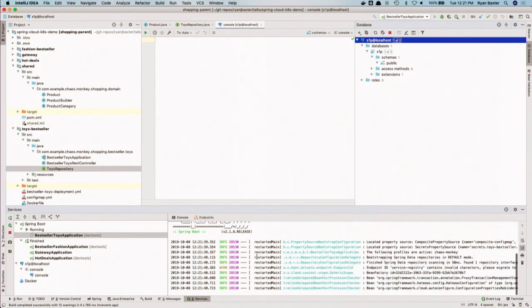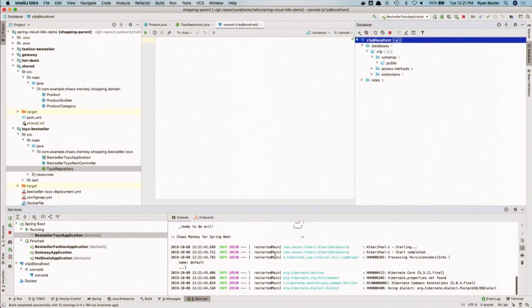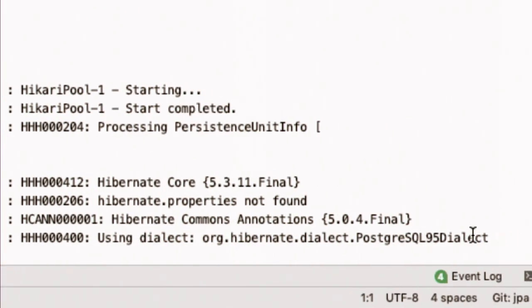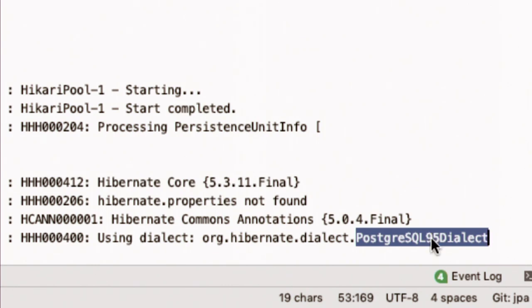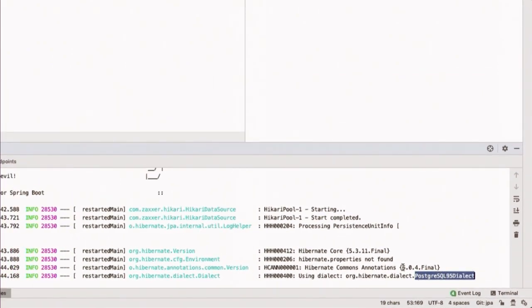All right, so my application is starting now. Here you can see that with Spring Data JPA, my application was connected to the database running on my Kubernetes cluster, so the right Hibernate dialect was selected.